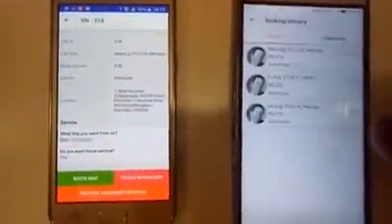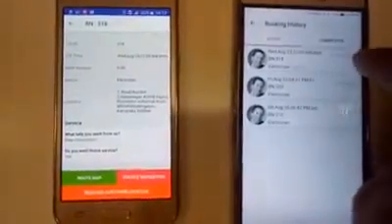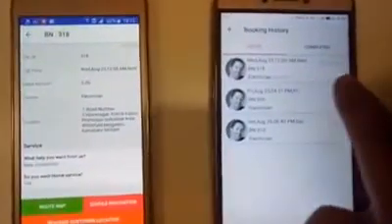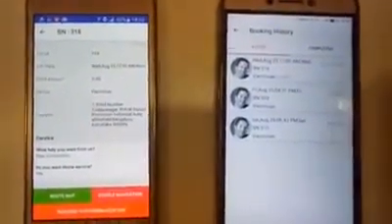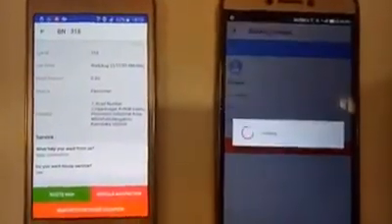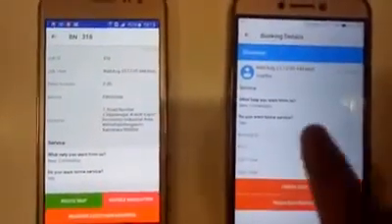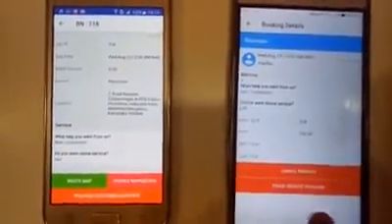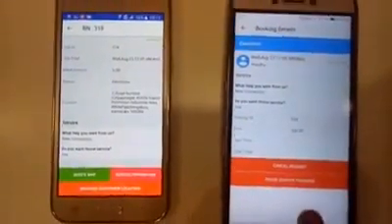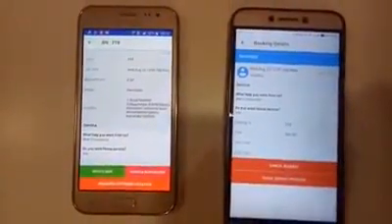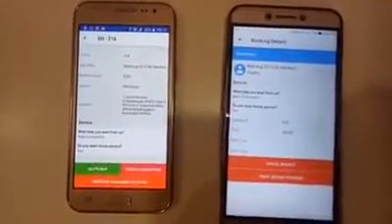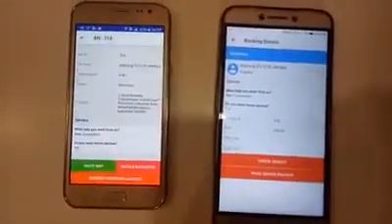So the user can now see he is on the way. Clicking on that, you will get an option to track the service provider, where he is and when he is going to reach.